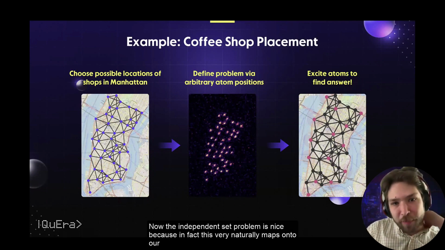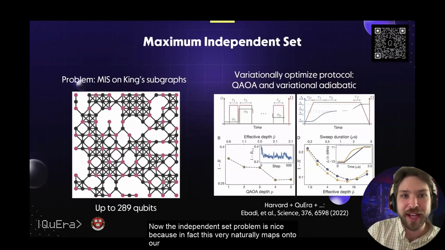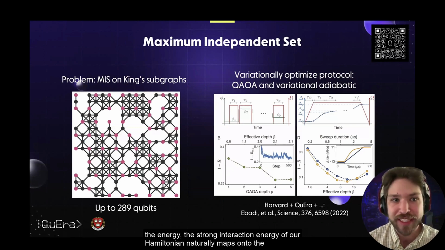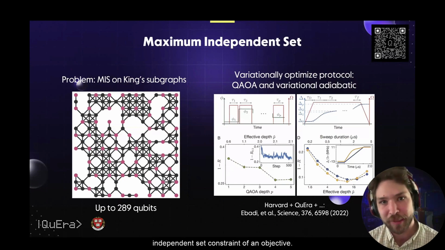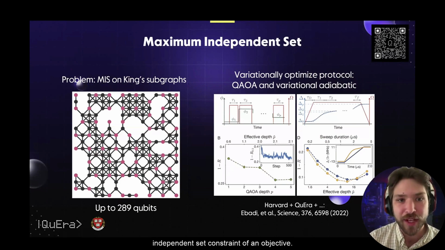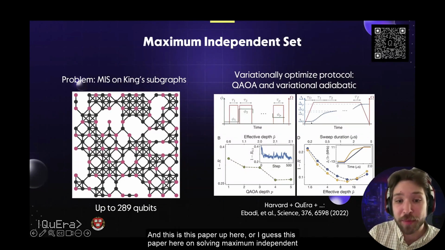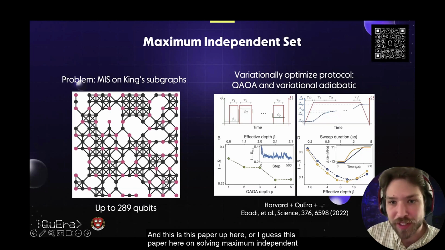The independent set problem is nice because it very naturally maps onto our hardware through something called the Rydberg blockade, where the strong interaction energy of our Hamiltonian naturally maps onto the independent set constraint of an objective. And in fact, there's a landmark demonstration of solving these maximum independent set problems. This is this paper up here, I guess this paper here,